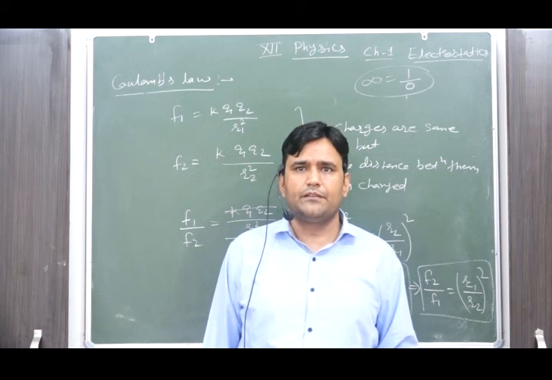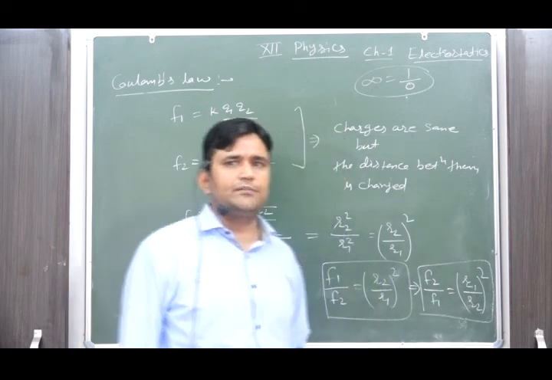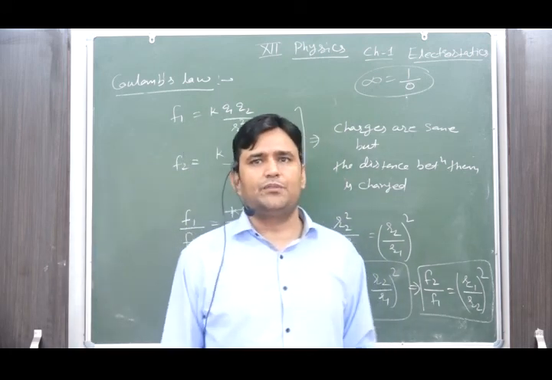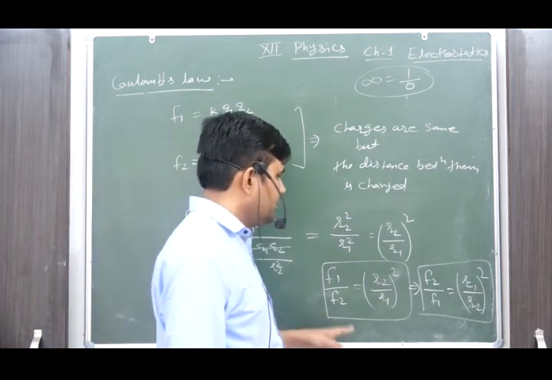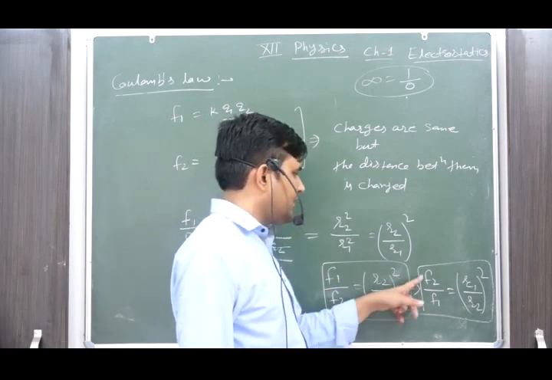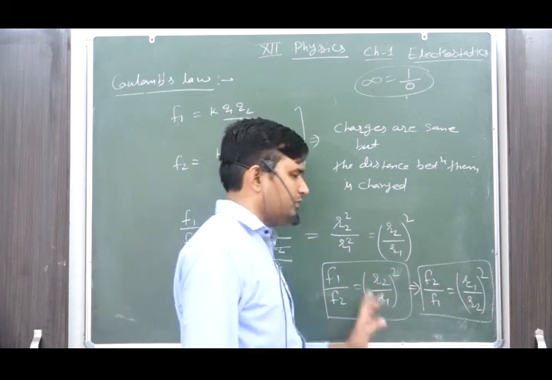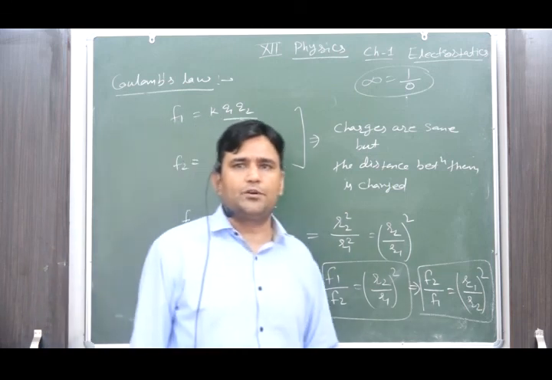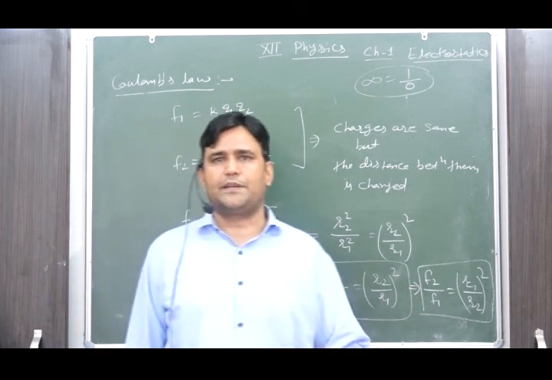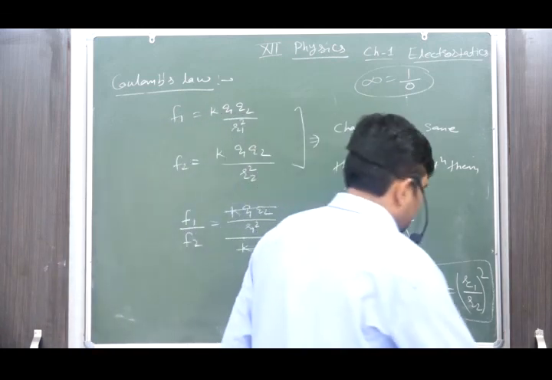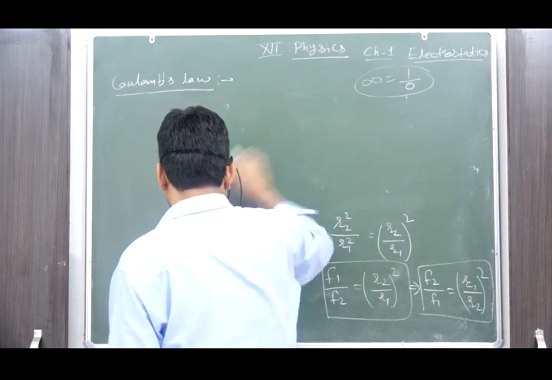Then when they are at 10 meter, they are now at 20 meter. In this kind of question, there is no need to solve the entire formulation. We directly conclude F1 upon F2 equal to R2 upon R1 whole square, or F2 upon F1 equal to R1 upon R2 whole square. Because force is the reciprocal of distance, that's why R2 comes with respect to F1 and R1 with respect to F2. Okay, for better understanding, we will consider an example numerical to understand this concept.